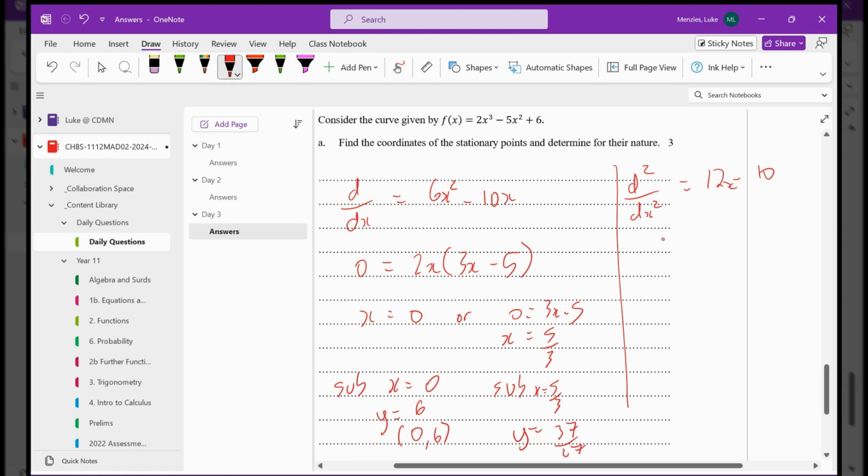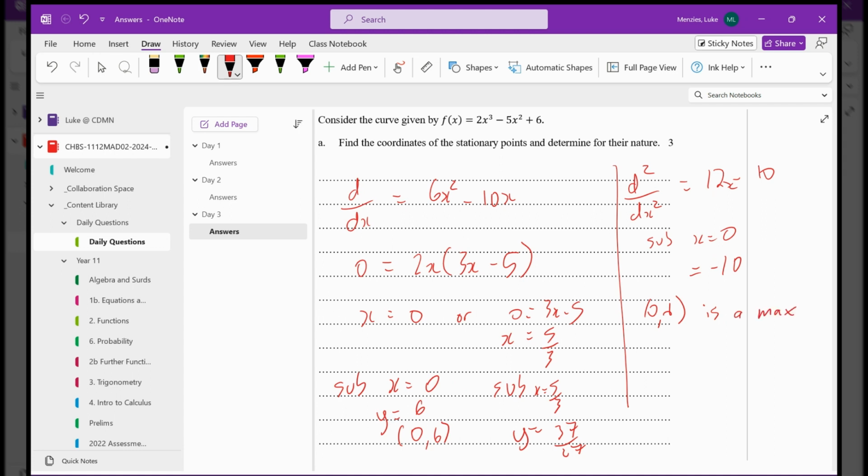And then we want to sub in x equals 0. So that becomes minus 10. The fact you got a negative number, hopefully you remember that's a maximum. So we'll say (0, 6) is a max,